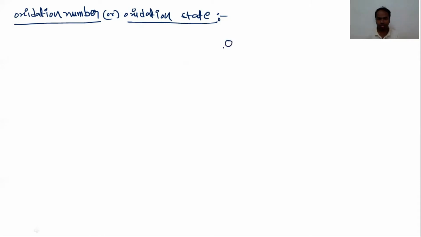water molecule, in the water molecule, two hydrogens are there. The two hydrogens are bonded with oxygen. Between oxygen and hydrogen, which one has more electronegativity? Oxygen. Because of the high electronegativity of oxygen, oxygen gets the partial negative charge, hydrogen gets the partial positive charge. So based on the difference in electronegativities, you may guess which atom has the negative charge and which atom has the positive charge.